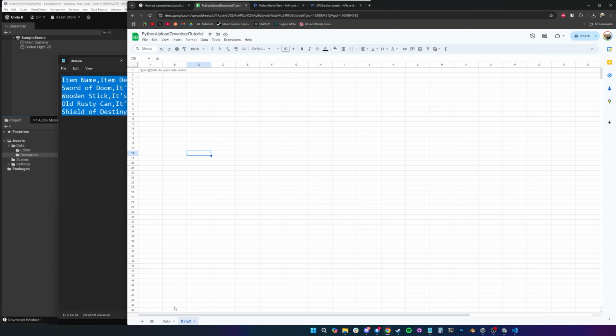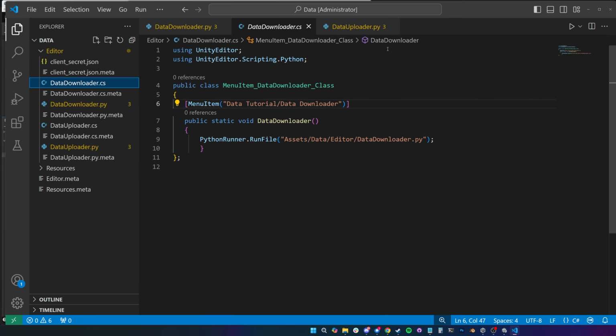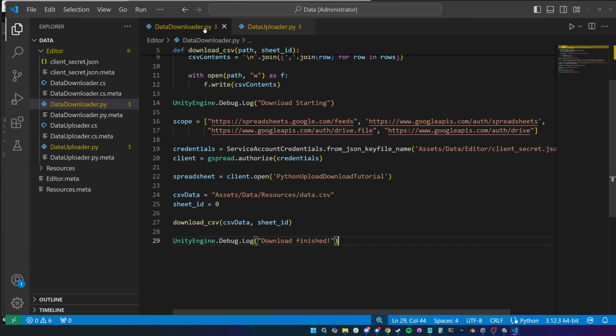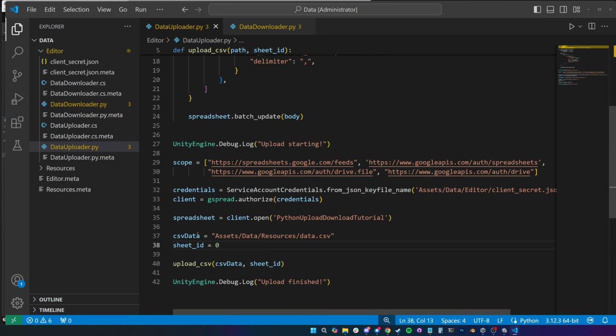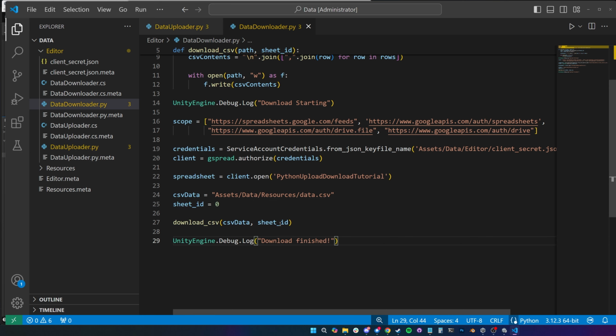So the way you would do that is you've got your ID here for this sheet. Let's just copy this, and we'll go down to our script. We've got our uploader and downloader scripts. In uploader, we have sheet ID here equals 0. If I wanted to put it onto sheet 2, I can just change sheet ID to that, and in download that would have to be the same